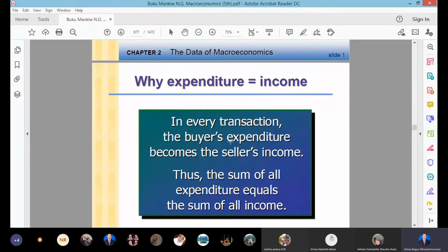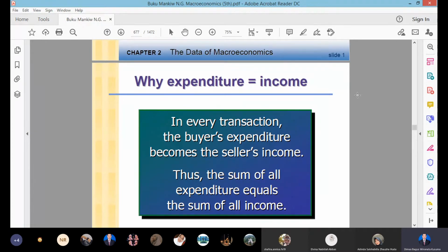In here, in every transaction, the buyer's expenditure becomes the seller's income. Thus, the sum of all expenditures equals the sum of all incomes. So the keyword here is expenditures equal income, income equal expenditures. The expenditures represent the demand, and the income represents the supply. Actually, expenditures and income are demand and supply. So if there is any disturbance or imbalance in income or expenditures,